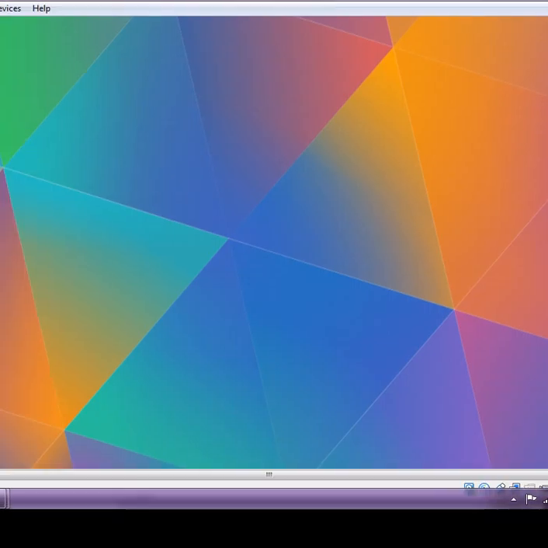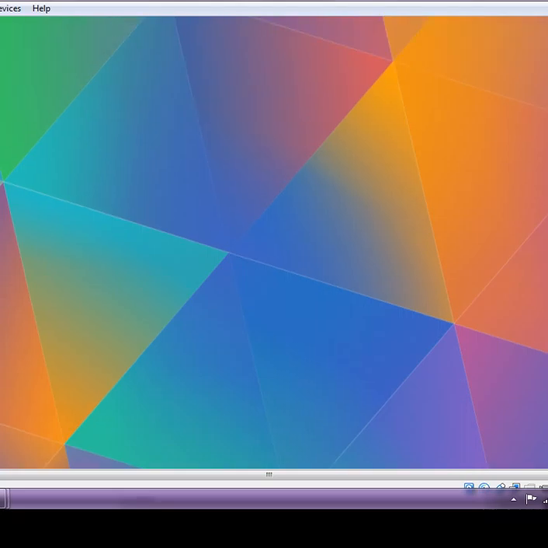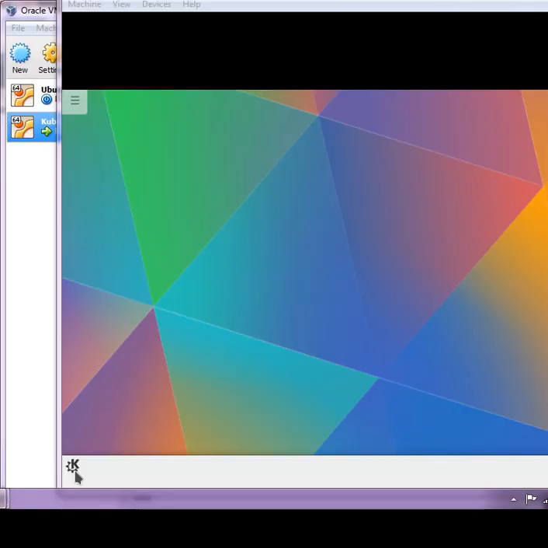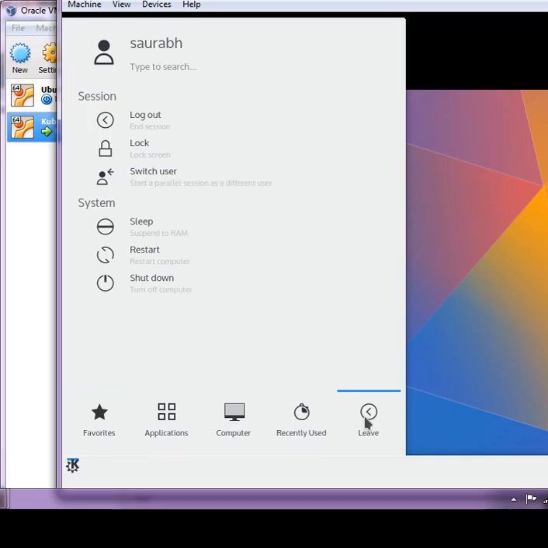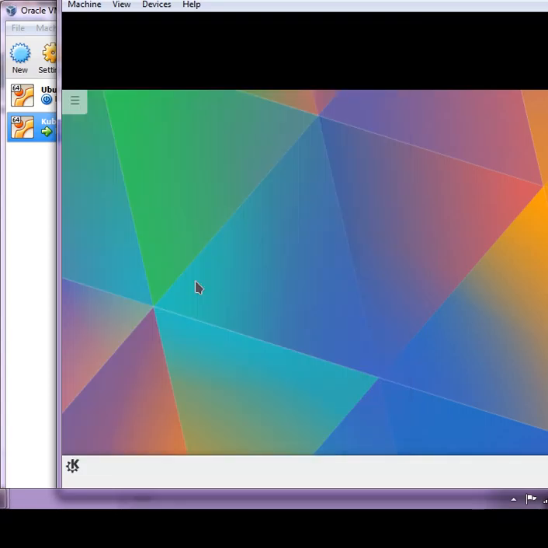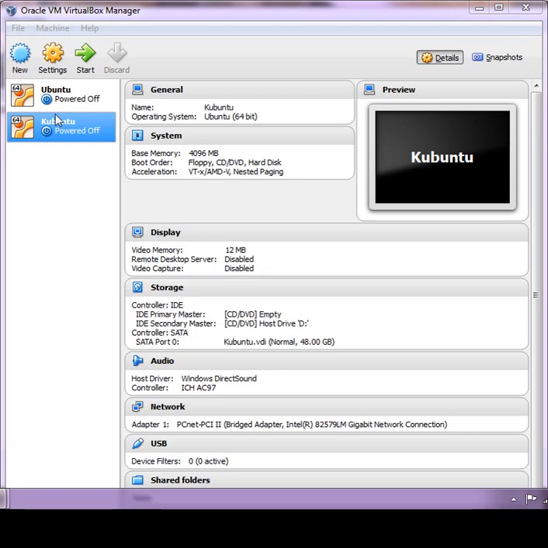I can play around with this machine as if it was a physical hardware machine. I can do all the operations on this machine. I can even access it from other network machines. You can see this machine is up and running. So this is how a virtual machine would appear on a host Windows machine. Let me just shut it down and then get started with installing a new instance of a virtual machine. To install a new machine, you simply need to press New,